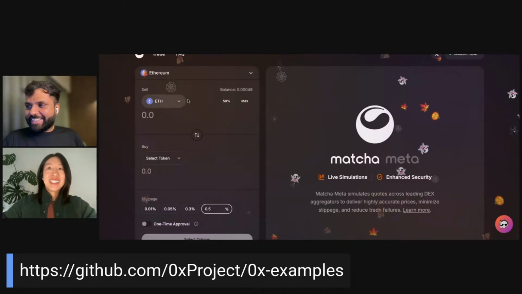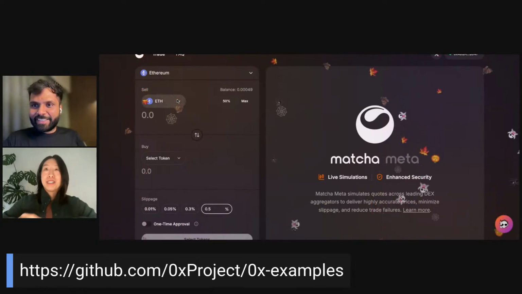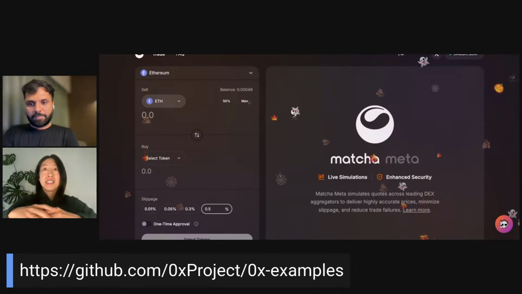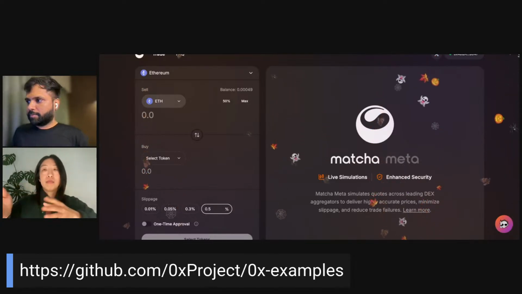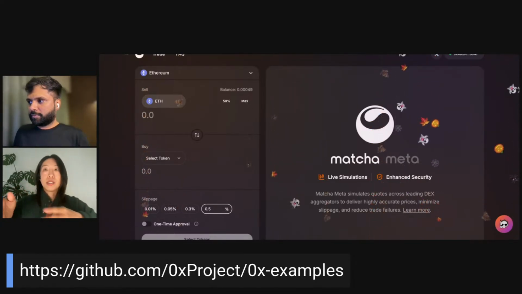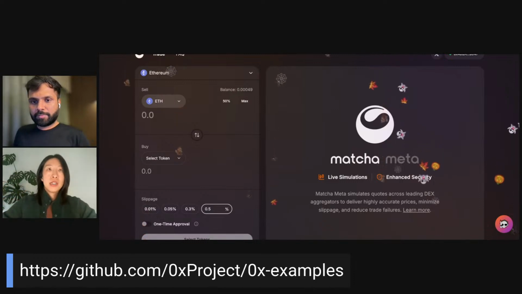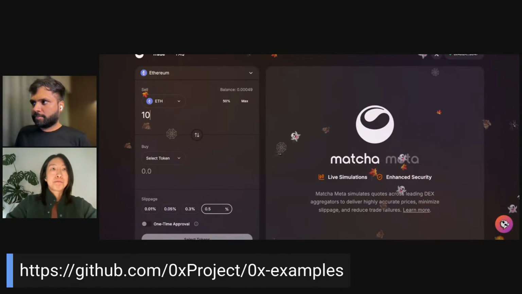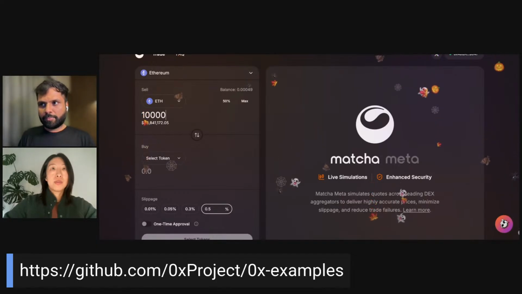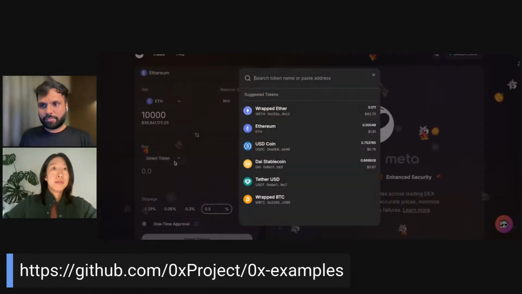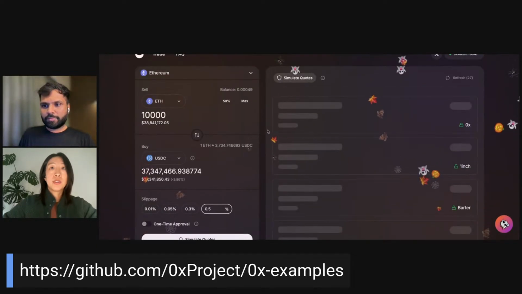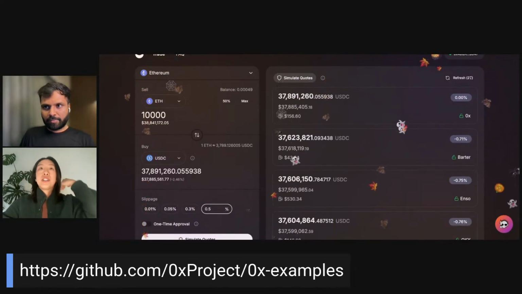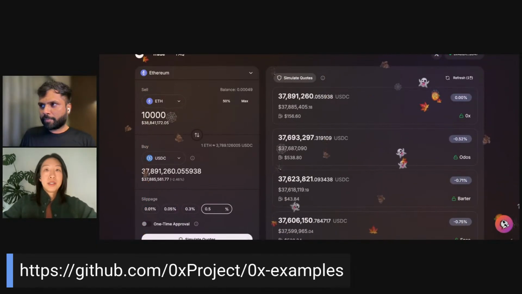Okay, so Matcha Meta. As I mentioned before, Matcha is our in-house DEX aggregator. So Matcha Meta, you can think of as a companion product to that. It's a meta aggregator. I think you asked earlier, there's a lot of different projects in this space, so what differentiates us? Having worked here for quite a bit of time, I think the team's dedication really to transparency, and also